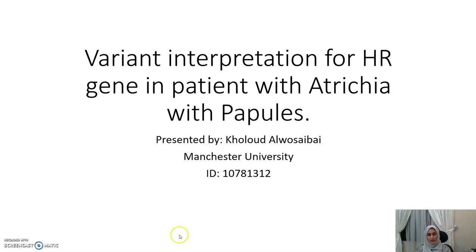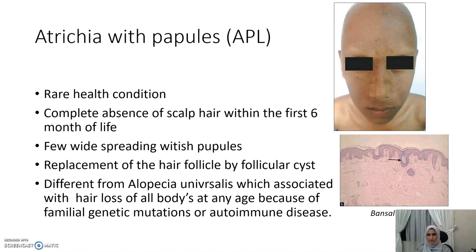Hi, today I will talk about variant interpretation for the HR gene in a patient with Atrichia with papules. First, we'll talk about Atrichia with papules, which we call APL. This is a very rare health condition, which is associated with complete absence of scalp hair on some parts of the body. Usually, it comes in the first year of life, and is also associated with some white tissue spreading